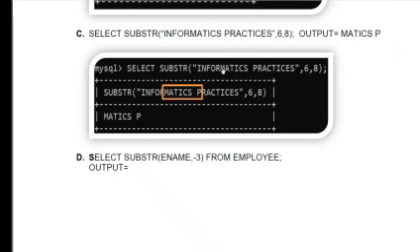M is the first letter, A is the second, T is the third, I is the fourth letter, C is the fifth, S is the sixth letter and blank space is the seventh letter. So blank space is also treated as a letter. Now the 8th letter is P. After that it will stop. So it returns MATICS, blank space, P as the output. So from the 6th place, 8 letters.